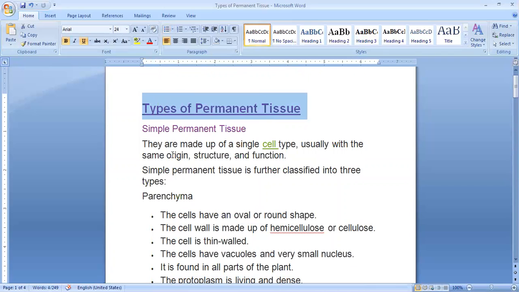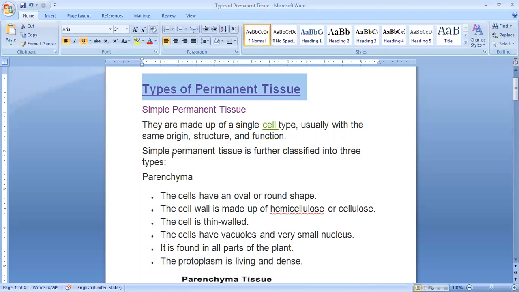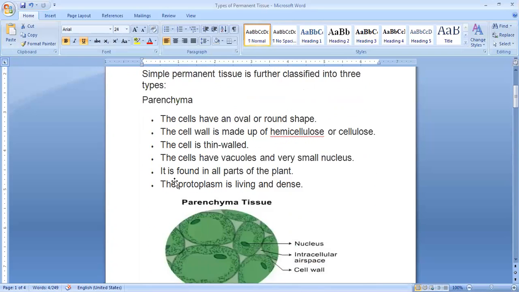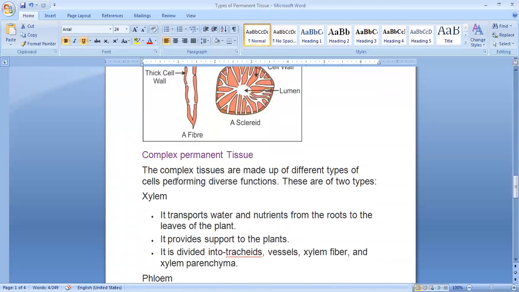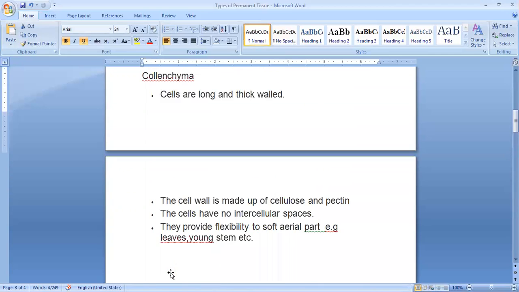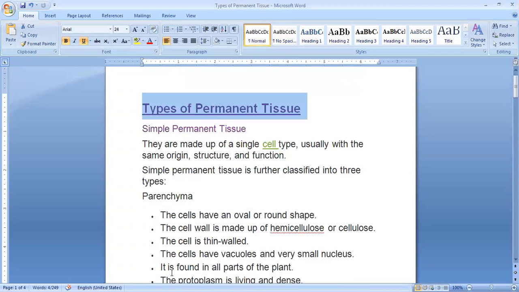What does permanent tissue mean? The tissues which have lost their capacity of division are called permanent tissue, and here it is made up of 2 types: simple permanent and complex permanent. Simple permanent is classified into 3 types: parenchyma, collenchyma, and sclerenchyma, whereas complex permanent tissue is classified into 2 types: xylem and phloem. And here we have seen what are the properties, what are the characteristics of these types of